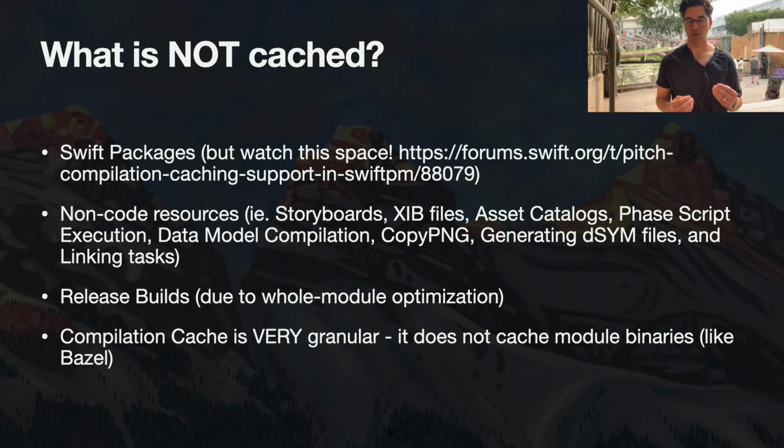Also, if you already know a little bit about caching, you'll know that the Tuist cache and also Bazel usually operate on the module level. So they might cache each one of your sub-projects as a module, and then bring that whole binary back out of the cache. But that's not how compilation cache works. Compilation cache works on the level of a Swift compiler job. So one file at a time. So you could get thousands of cache hits in a single build with compilation cache very easily. So those are things to be aware of when you're thinking about